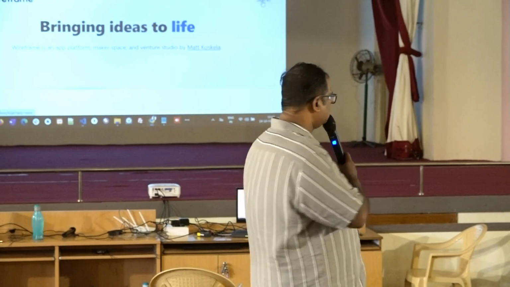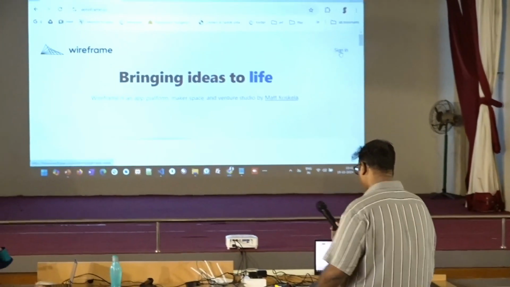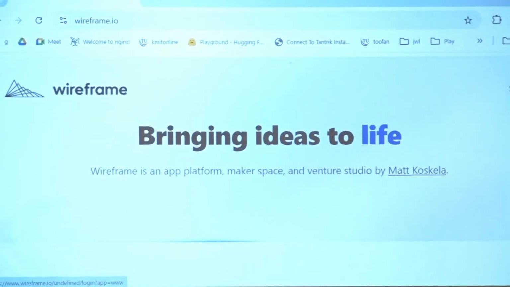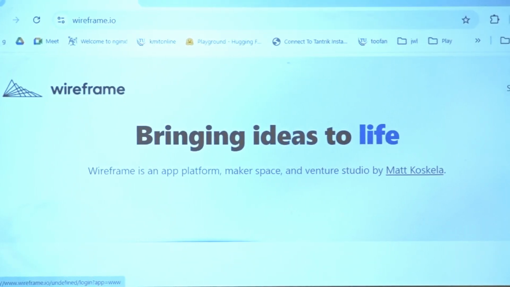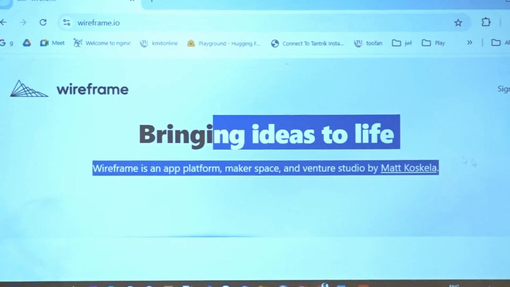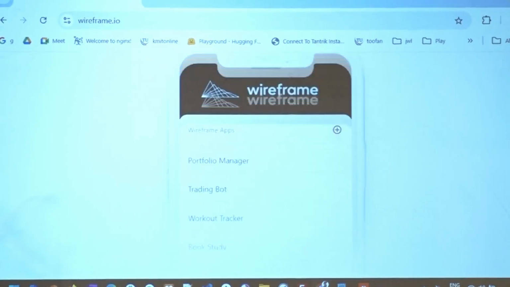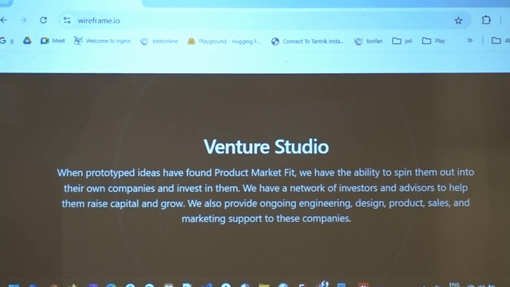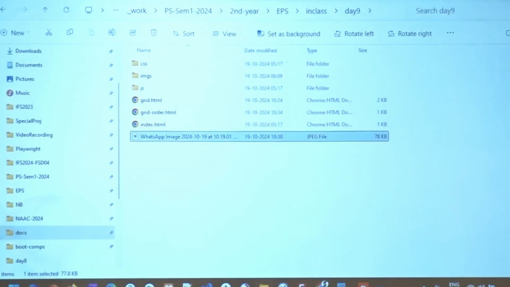Why, if you're learning, learn through a system, through a pattern. Okay. There are a few websites, like Sir mentioned, there are many websites that help you create a wireframe. From that wireframe, you can directly get HTML pages also in some cases. Wireframe.io is one of those things where you can go and create a wireframe for your website, right? They usually have free stuff, 1 or 2 wireframes that you can create for free. Now, before we start the exercise, we will be sharing the files with you, so you have nothing to worry,